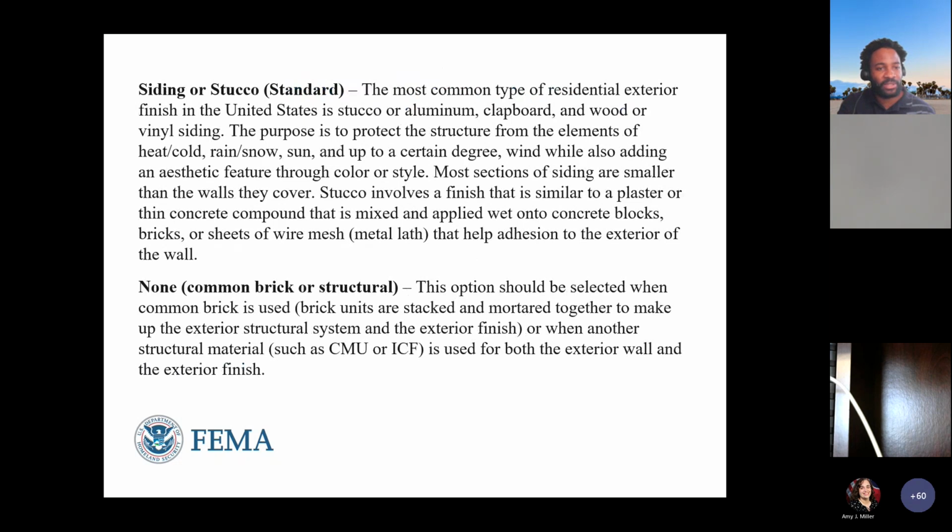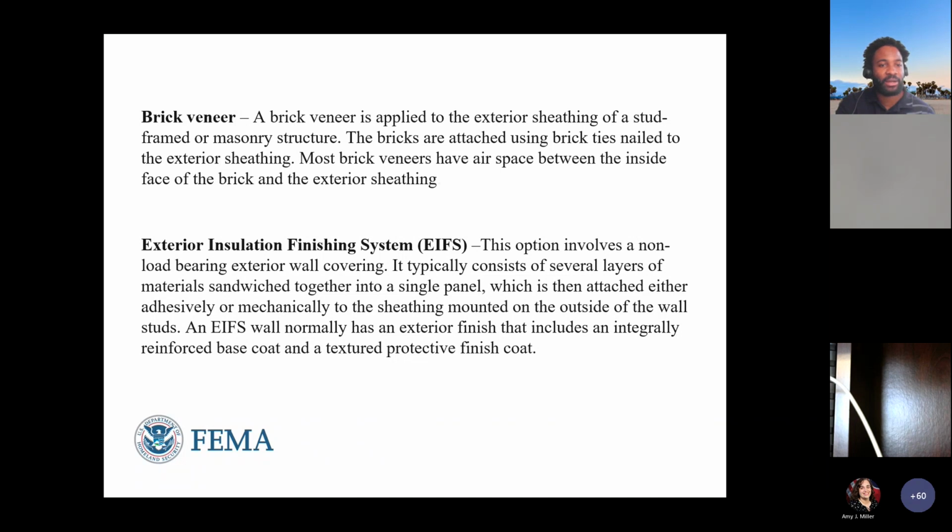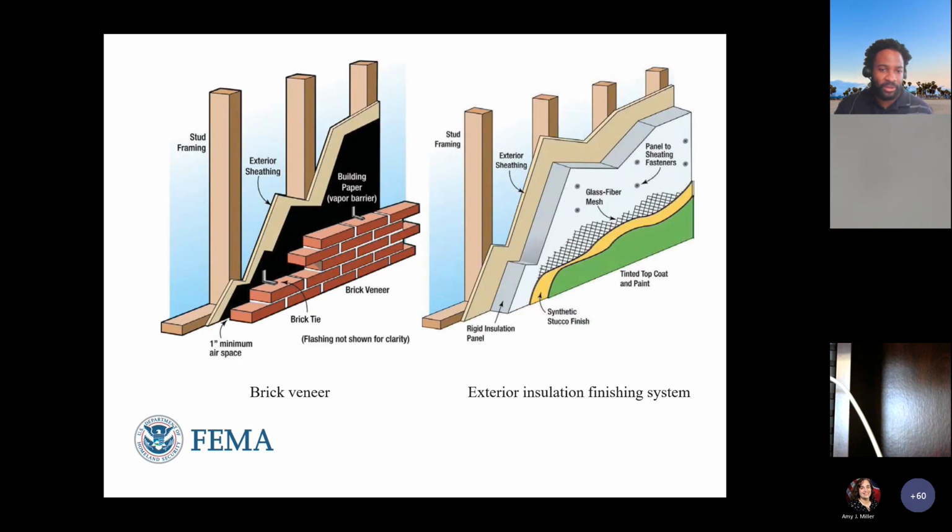So typically you're going to have siding or stucco for your exterior finish, or non-veneer common brick, functioning as both structural and the exterior finish. Or you may have brick veneer, where some homes have brick veneer applied with new construction, or you may have an exterior insulated finishing system, EIFS, as well. So it really depends on what they have for exterior finish when you evaluate that structure, and then what it looks like, brick veneer versus